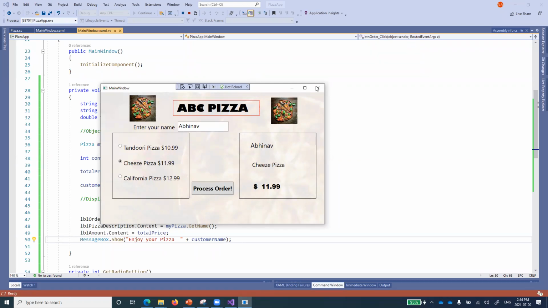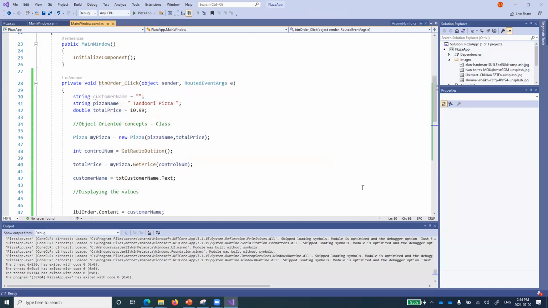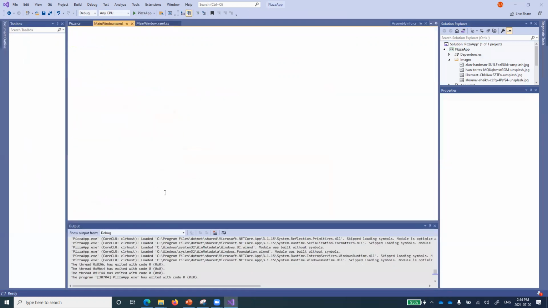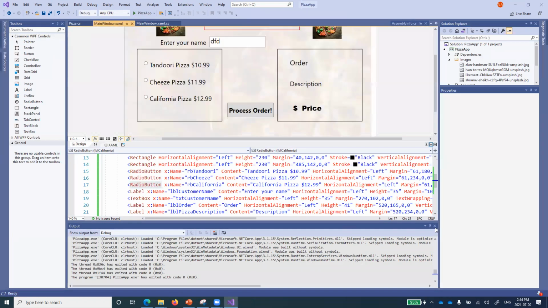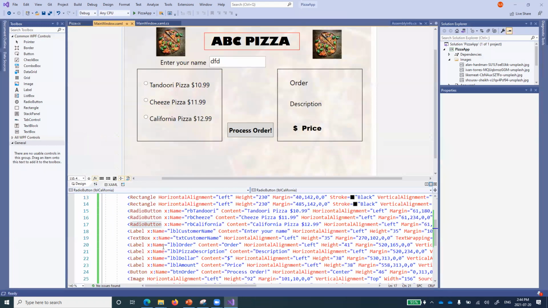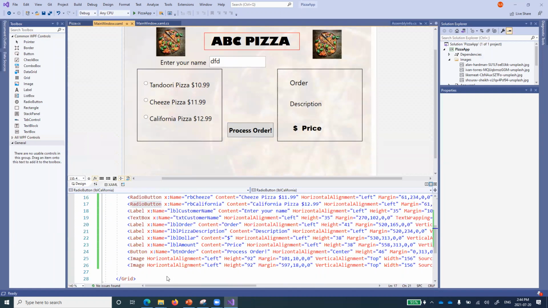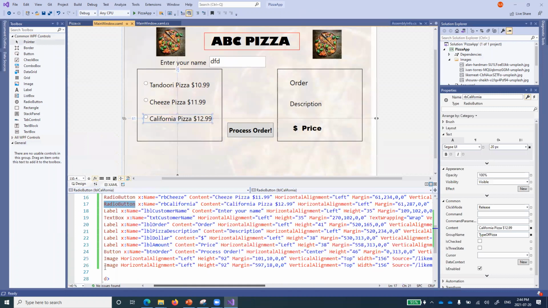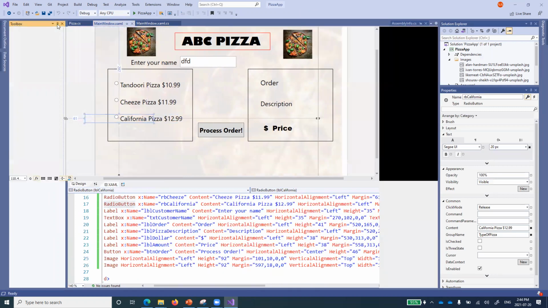Okay, XML code for the button. No, it's not XML by the way, Manpreet. It's XAML code, right? Never say XML. It's XAML. You want to see the XAML code for the button. Okay, you want the process button, like process order? It's here. Just hold on a minute.